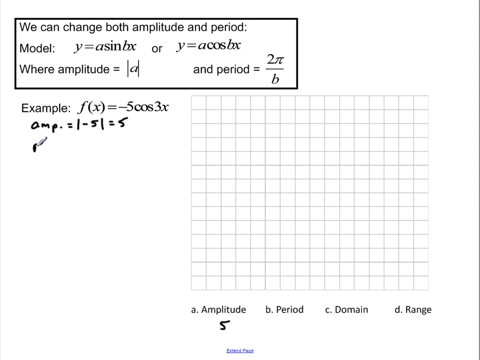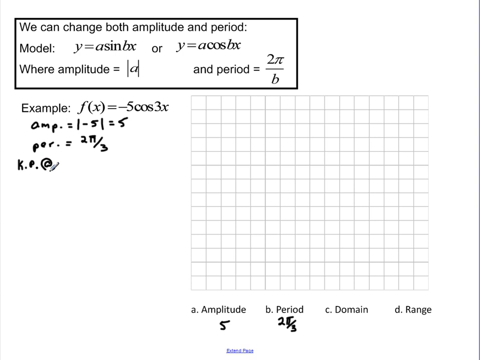Our period is found by taking 2 pi and dividing it by whatever number is multiplied by x. So in this case, it's going to be 2 pi over 3. That's not reducible. So right away, we have our period, 2 pi over 3. But we want to get the location, how far apart the increments, our key points are. So key points